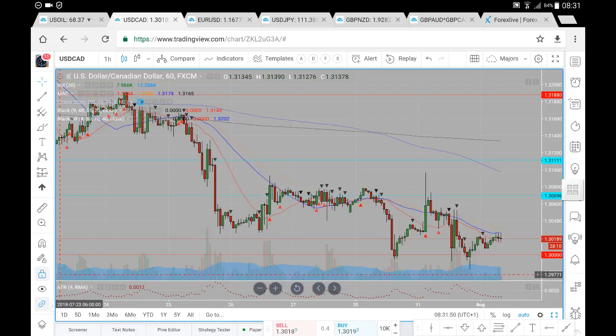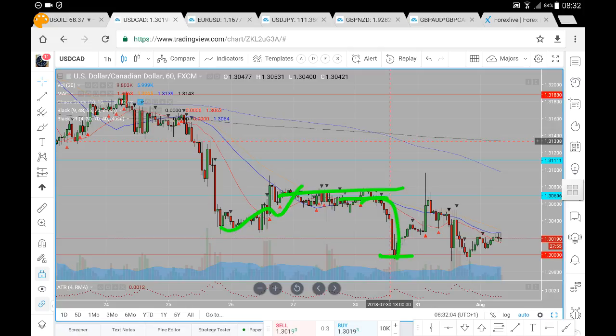So this US dollar CAD analysis for Wednesday the 1st of August. Now let's just have a look at prices and where prices may likely go. So previously we had a brief bullish bounce, tested the 130.70. What we did see was a breakdown towards this 130, from which we've seen this bullish move from this 130